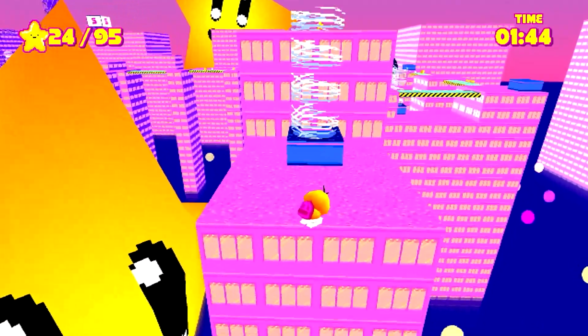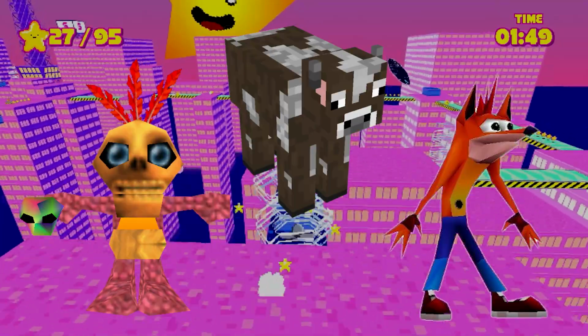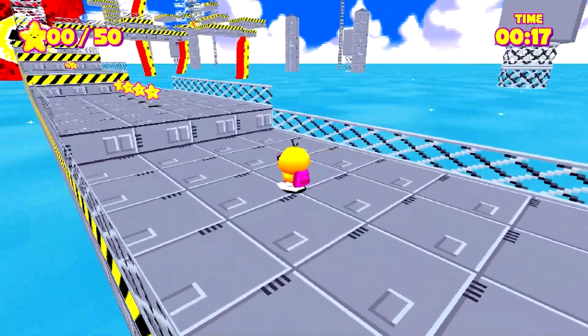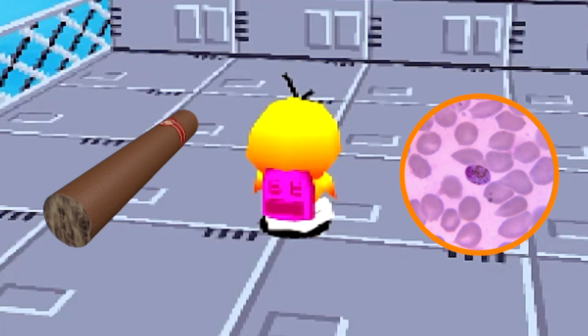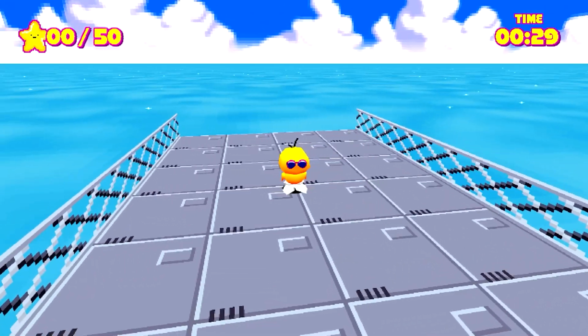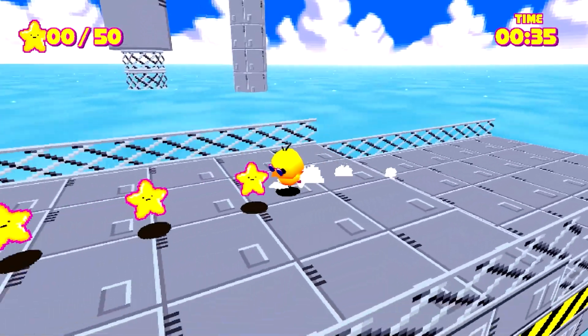Toree 3D is a super short and sweet 3D platformer made to look like the low poly classics of old. You play as this little baby chick wearing a backpack that's probably full of cool things, like cigars, or malaria. And if you weren't sold already, he's also wearing a hot pair of shades. If I weren't already attracted to small animals,